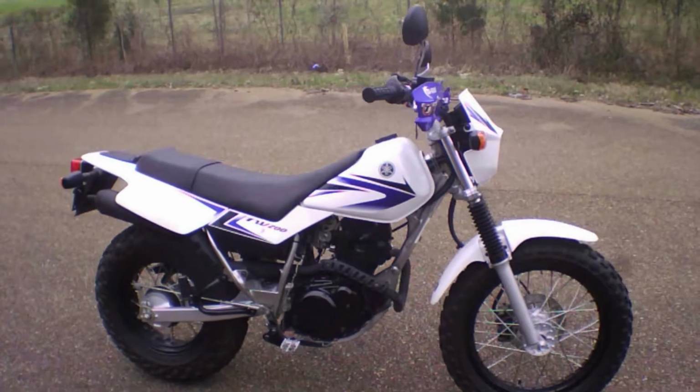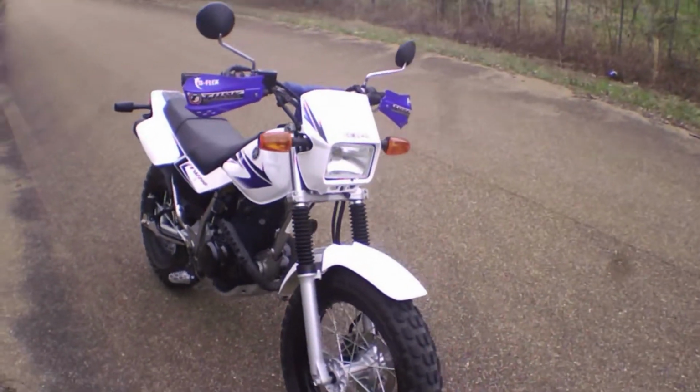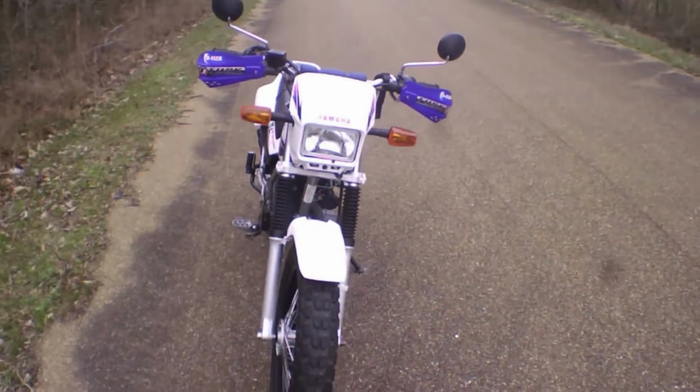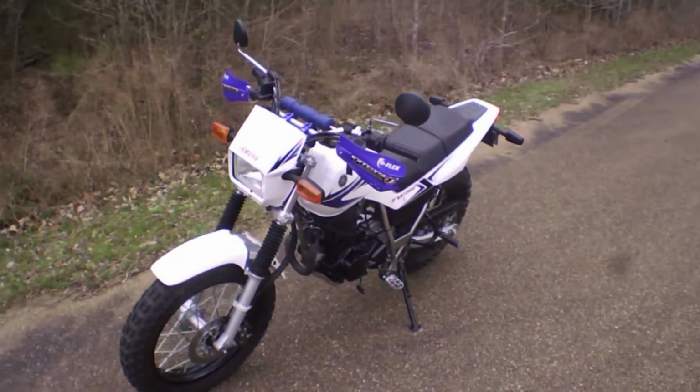But anyhow, she hasn't been riding it much anymore, so I've been riding it just to keep it lubricated and everything, and just to keep it started up and keep the battery charged. But anyhow,